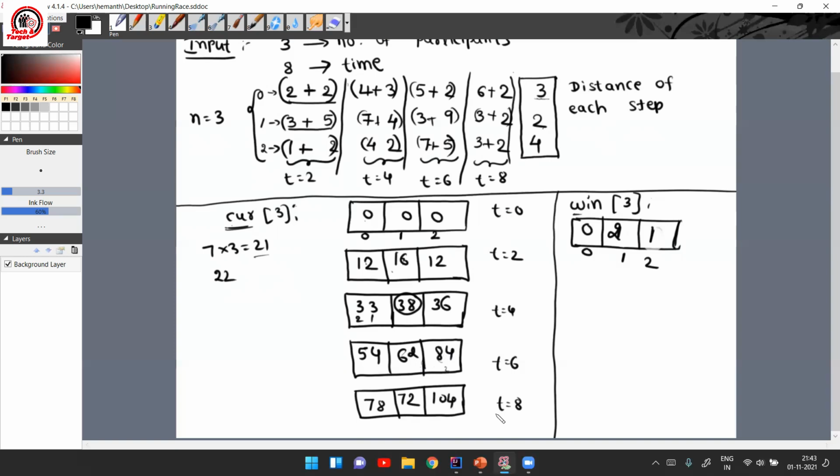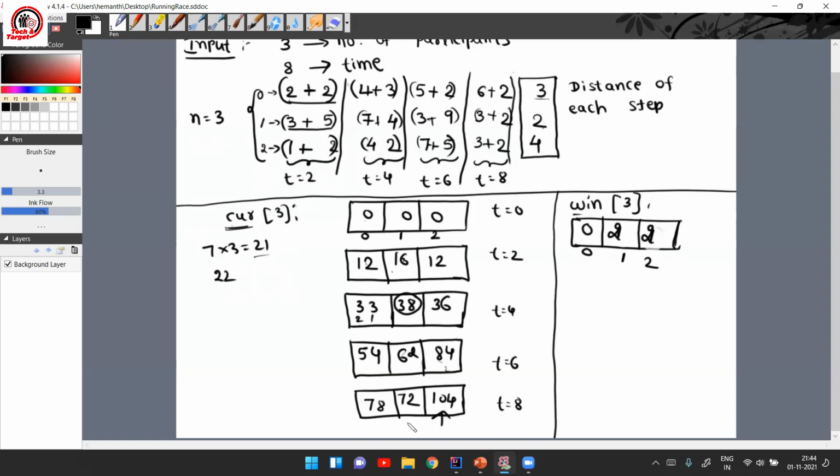Now what is the index of the majority element here? So the index of the majority element is again 2. So I'll go to index 2 of the winner array, and I will increment the value of that index by 1. Now it was 1, now it will be 2. Do we have any other more elements in the array here? No, we don't. We have exhausted the array.